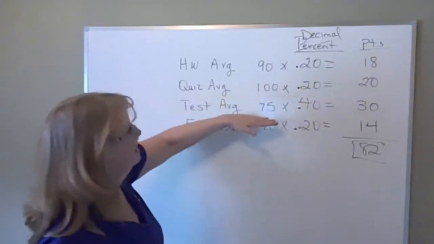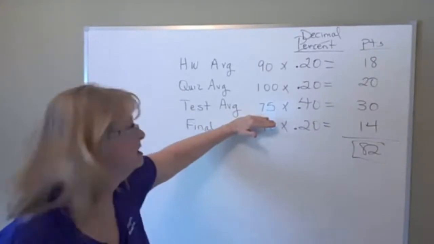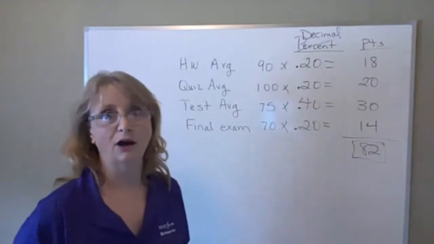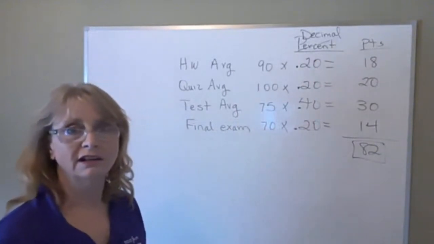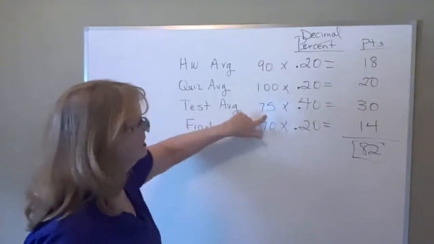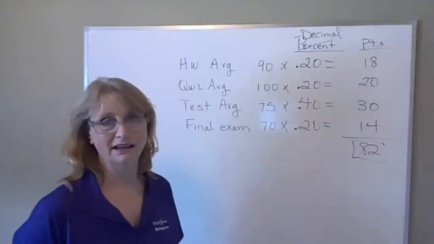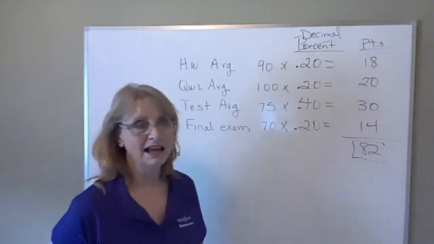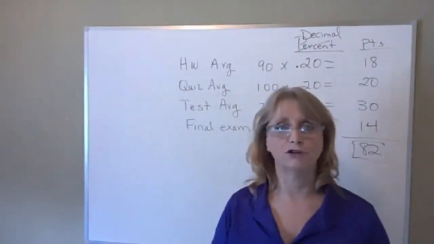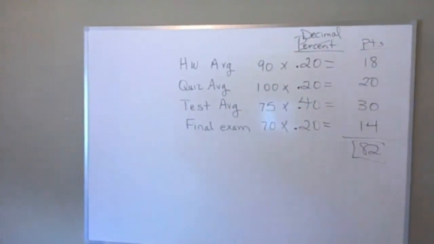When I put in a test after you take test 1 on the 21st, then test 1 by itself will become your test average. And I'll talk more about that later. But even though it's only one test at that point, it would be 40% of your grade. Because at that point, it is your test average. And then as you take more tests, your test average will change. So hopefully that helps you with that.